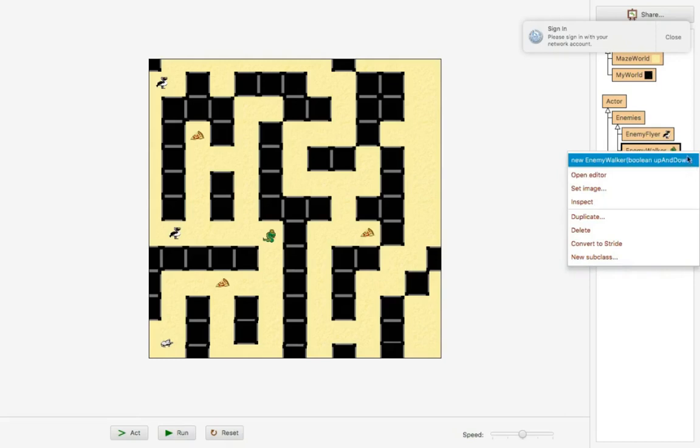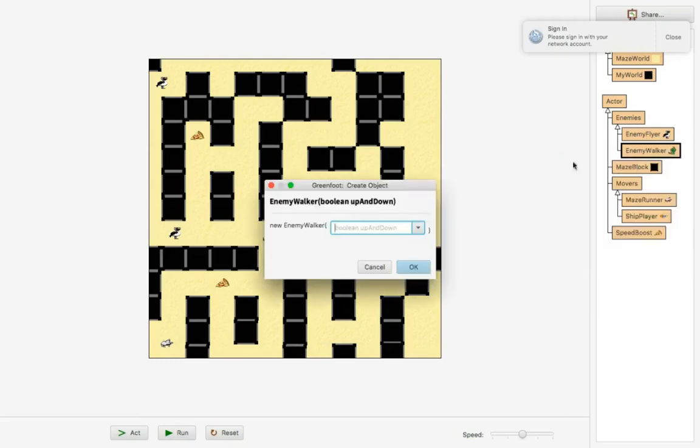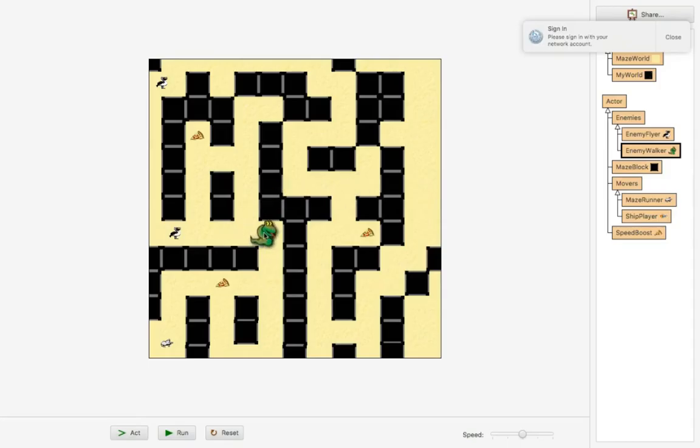It adds a parameter that we need. I want this to be false. So now this guy is right on top of the other one. Now this one will move to the right, and this one will move down. So you can see now how we can specify our objects of the same class